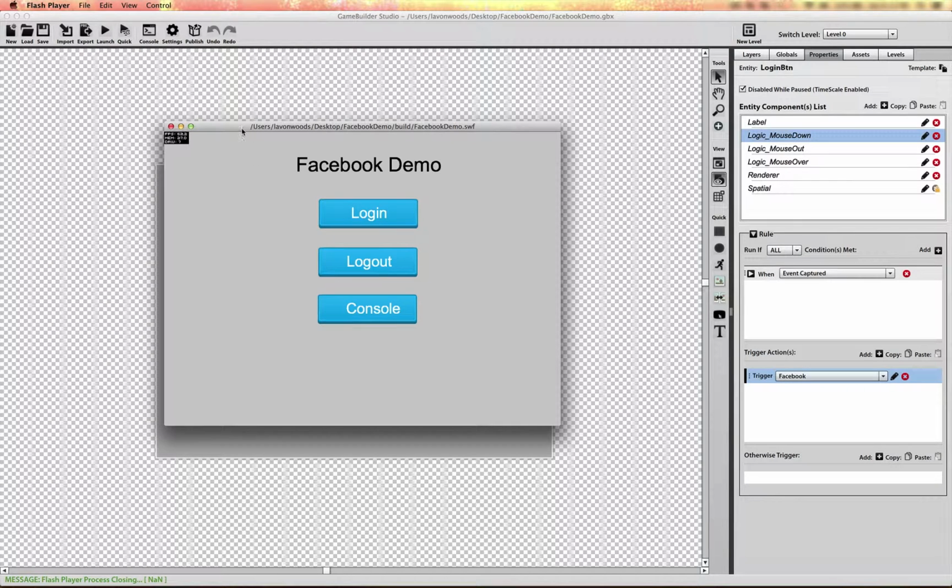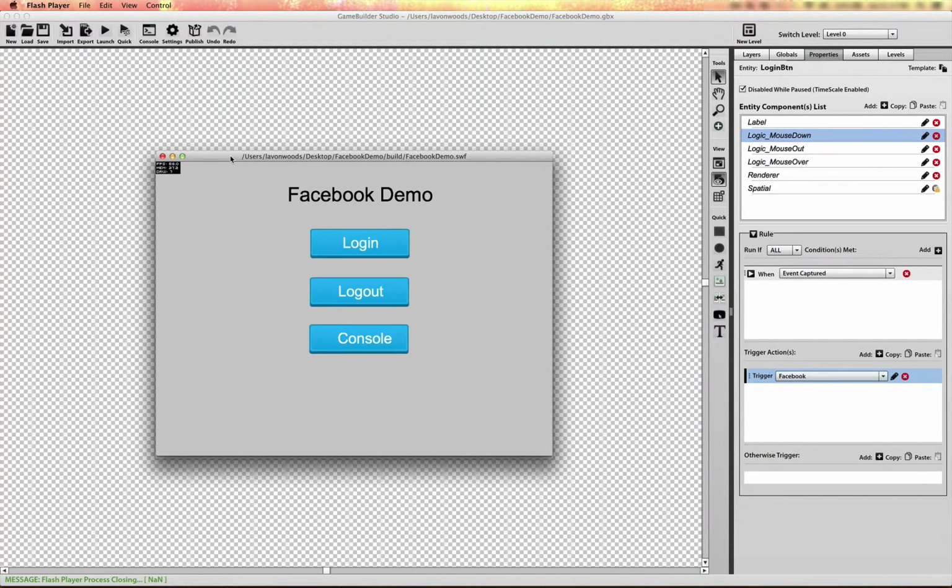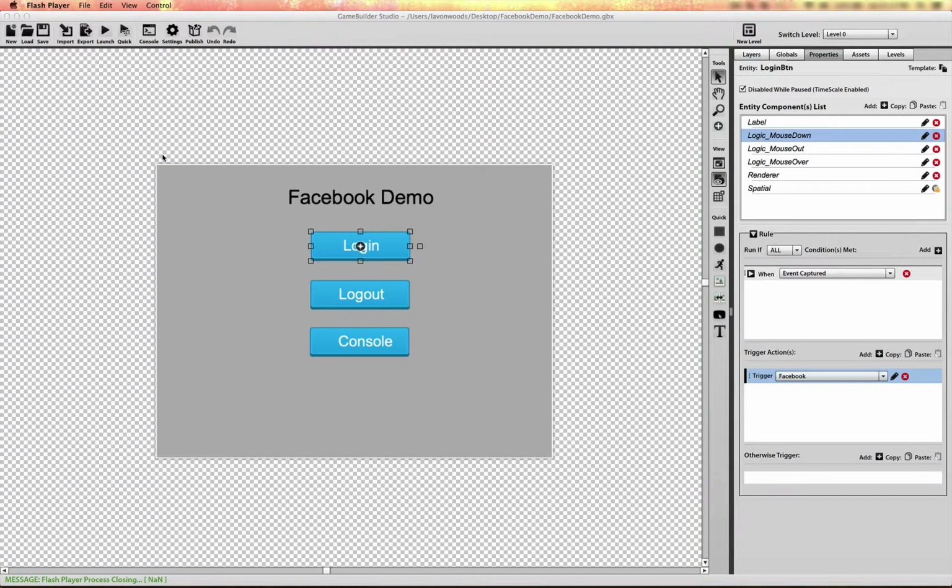So in order for this to actually be demoed to you and for it to work, you're going to need to set up a local server on your machine. Now you can do that however you want. There's a lot of tutorials on the internet to figure that out. But once you have that local server running, you need to also give it a virtual host that has a particular URL,